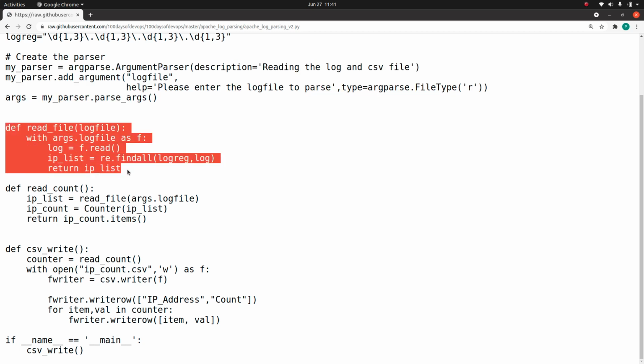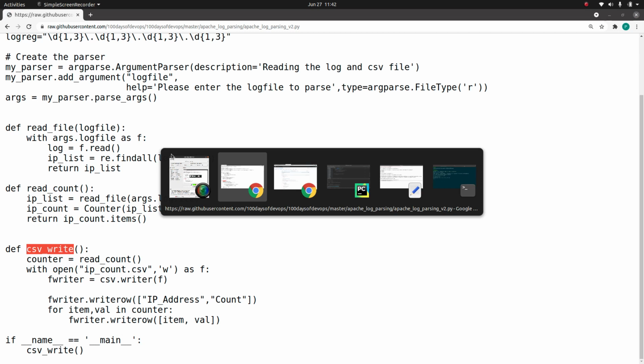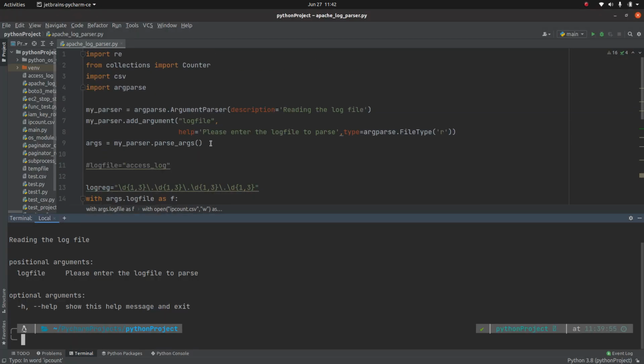Once I filtered out the IP address, I use the second function just to count the number of times the IP address has been repeated. And in the final section, I wrote one more function to write the IP address and the count into a file. So basically it is a much more modular way to write this code rather than writing it in one big monolithic way.